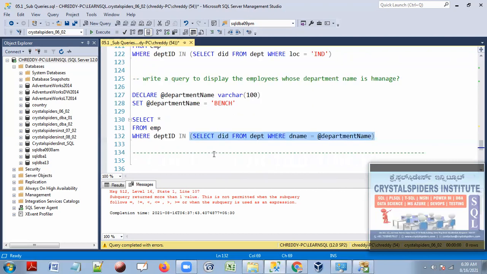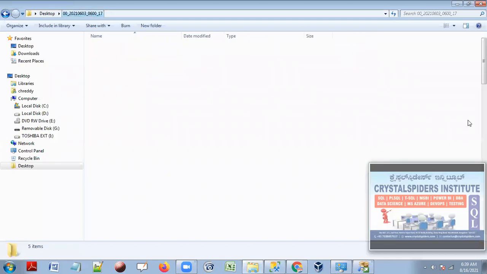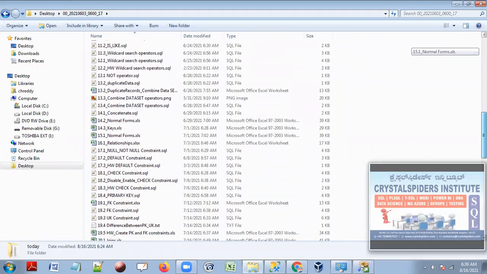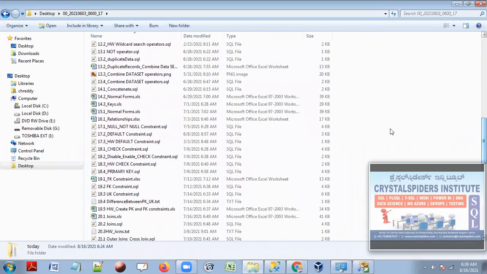Right? So, sir, how are you saying this is going to produce a scalar output all the time? Because I'm looking for the department ID whose department name is bench. There is always one department with the name bench. There are no two departments with the same name bench. Because if you can remember, I already gave you the homework to create a unique key constraint on the department name, guys. If you remember that,